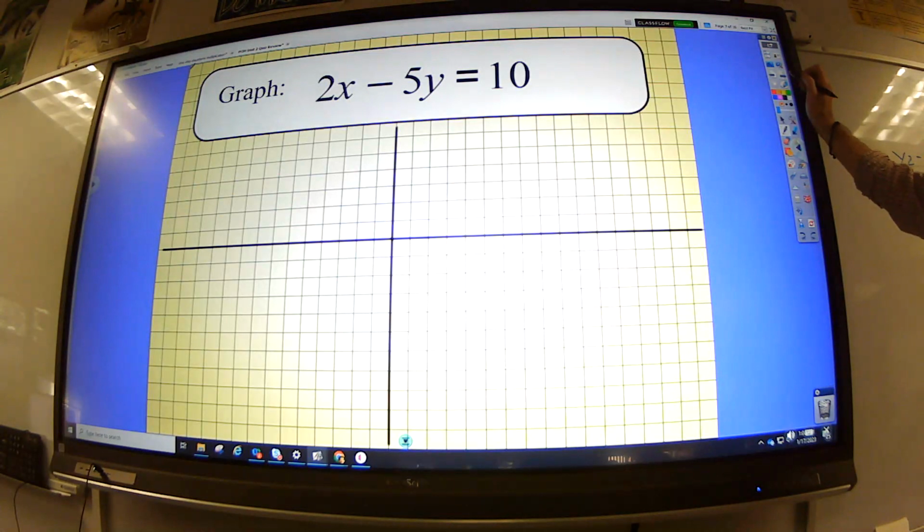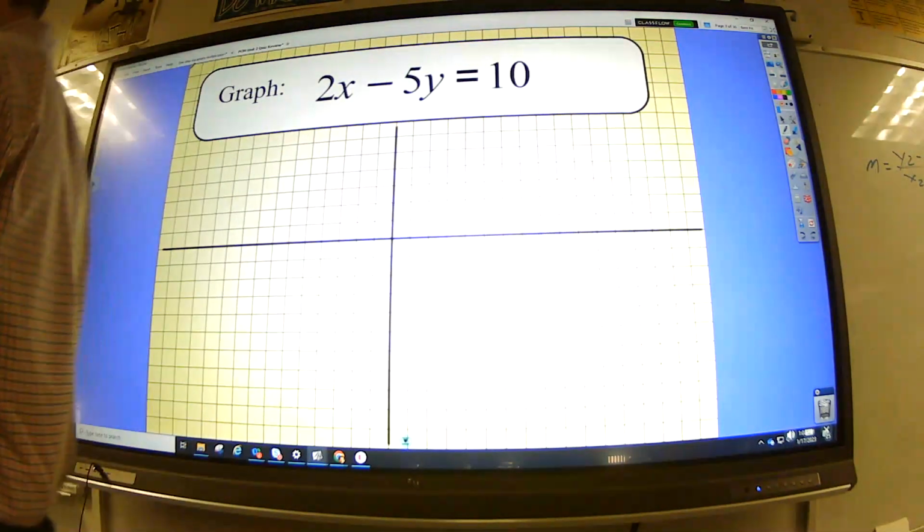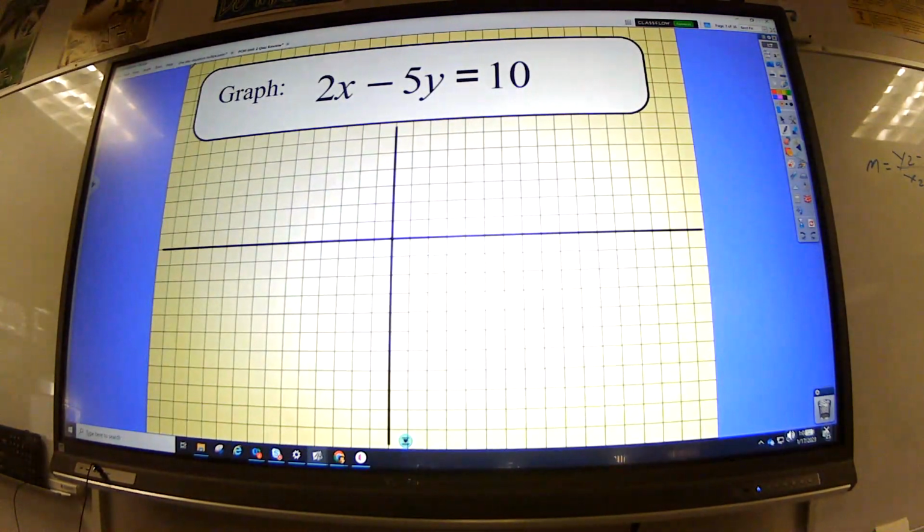All right, go ahead and graph that line. You will need graph paper and a straight edge. I expect a straight line on your quiz. There's straight edges on the back of the classroom. If you need to borrow one, you can go ahead and grab it. I would suggest you could do a couple ways you can do this one, but